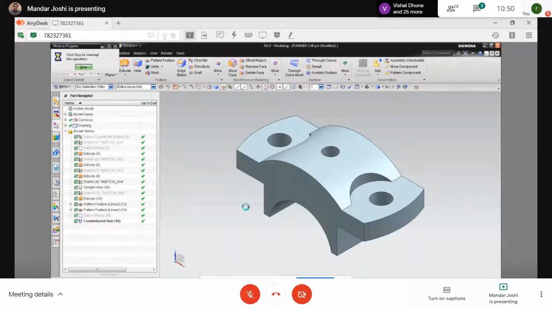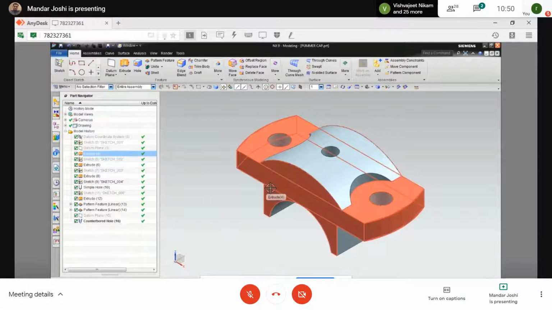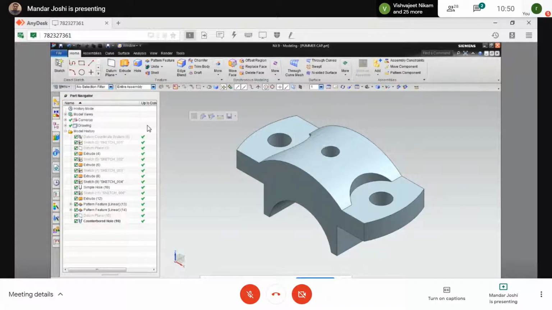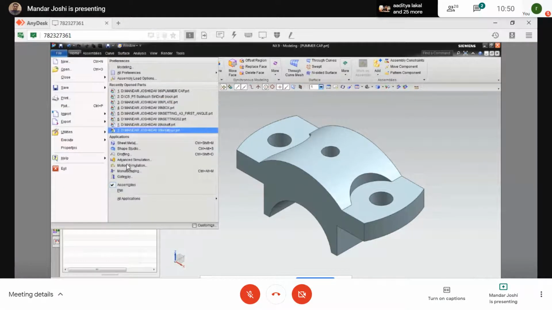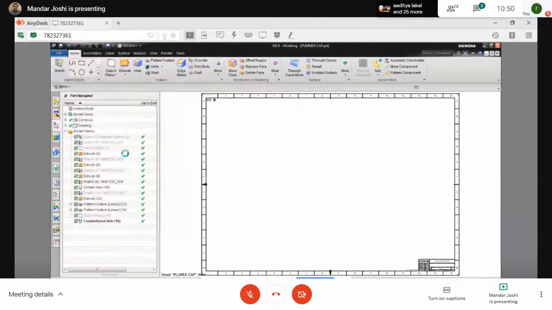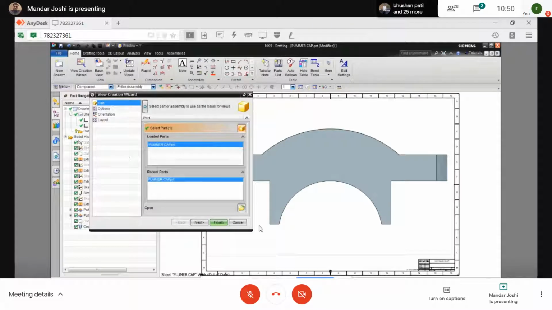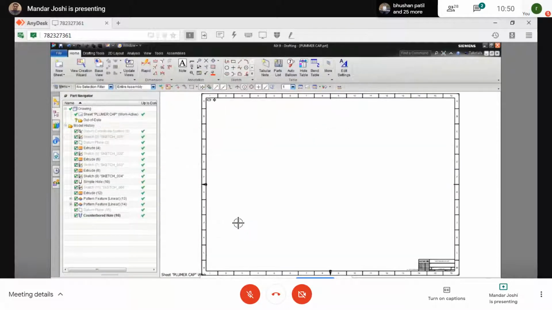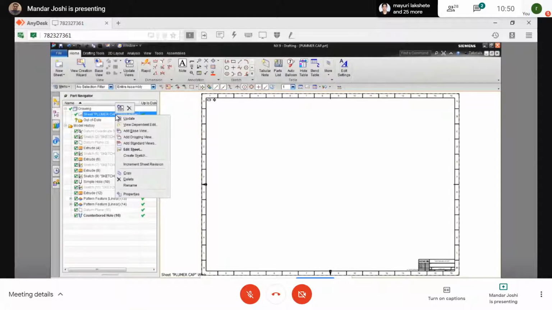Why do I do this again? Because this is the old drawing. There that setting is not applied. Now you have to enter the drafting mode, go to the file and select drawing. You cancel this first step. I'm going to delete this paper now. Just use the delete button.